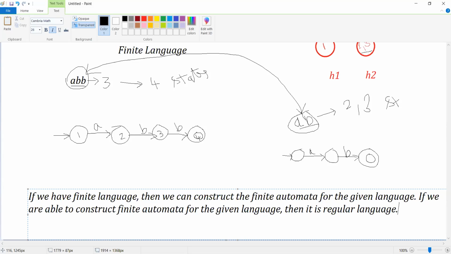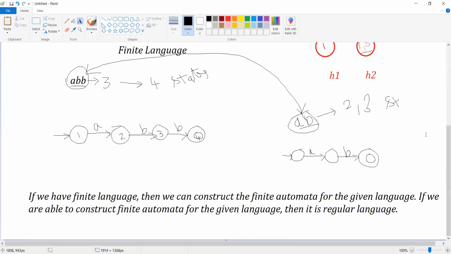Okay, so you have to remember this point. Blindly we can say that any language consisting of a finite number of strings, by default, will be a regular language. Now we don't have any problem with the finite language.